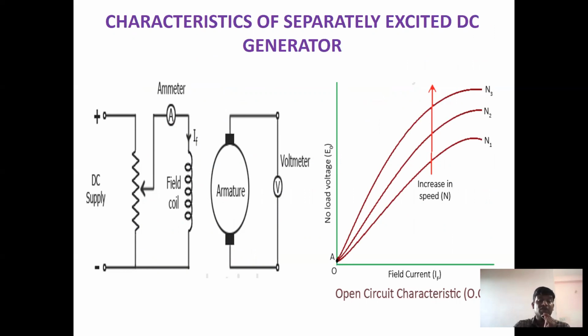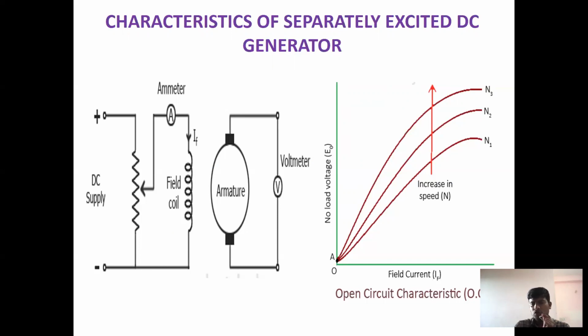In the separate field winding, we can get the supply separately. So at that time, we are applying the supply to the field. The field is excited and induces the flux, and that flux cuts the armature conductors. Due to the cutting of the armature conductors, the induced EMF is developed. And observe in the circuit diagram, at the armature output terminals,